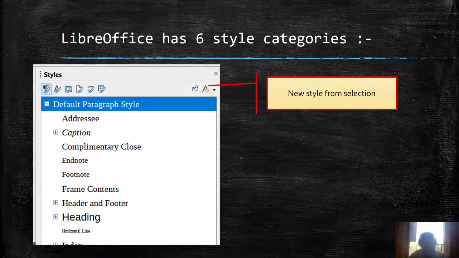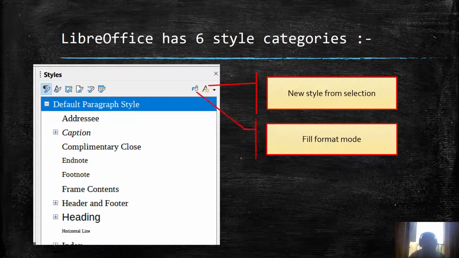Apart from this, we have a very useful button here, that is New Style from Selection. Using this button, we can create a new style, we can update an existing style, or load new styles from other documents or templates. And we have a very interesting button here, Fill Format Mode, which changes the mouse icon to that of a fill bucket, or a paint bucket.